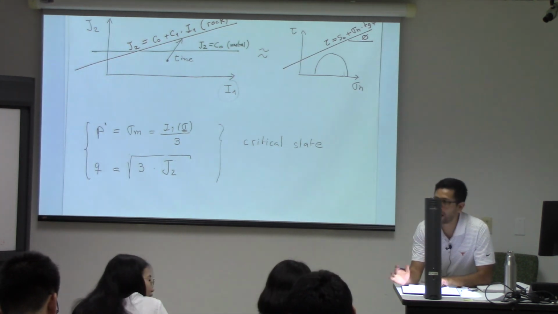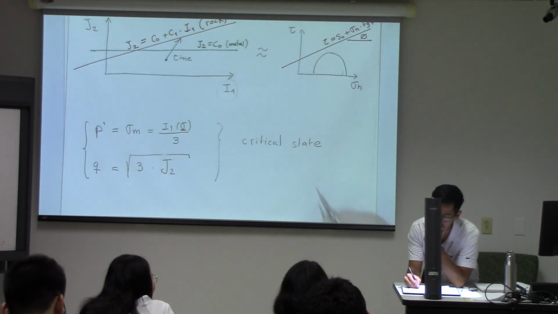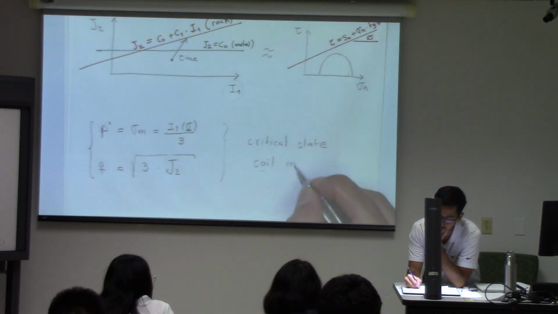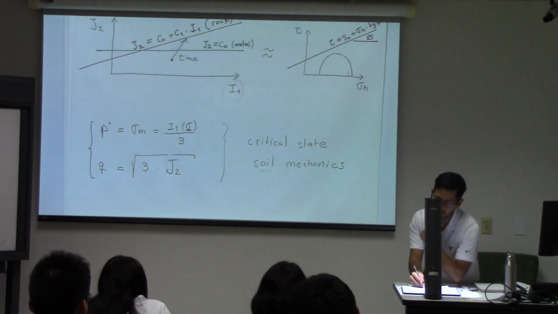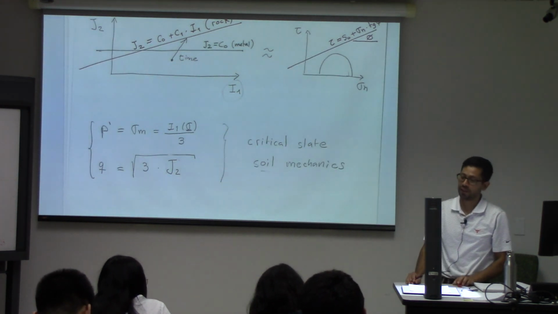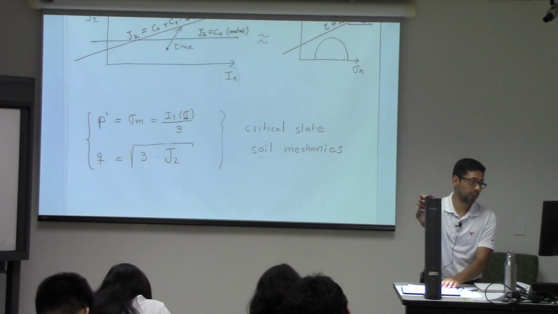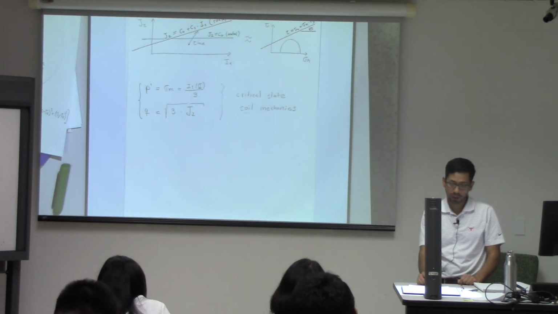So I know why I was thinking of Statoil. This is critical state soil mechanics. So it came from soil. So this theory later on, we're going to use it, and for that we need that definition because it's very